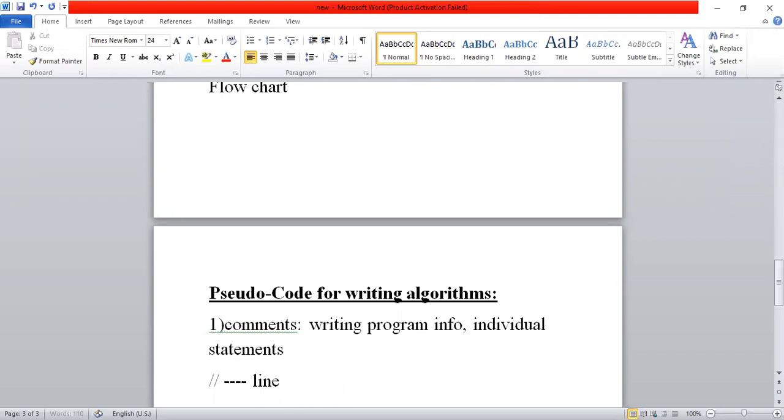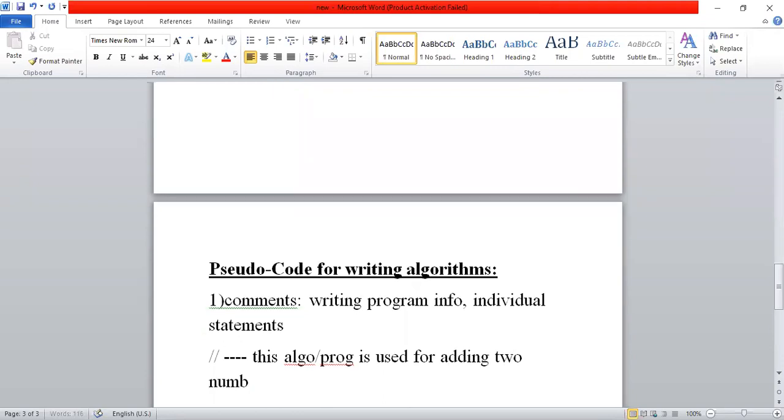For example, to write the purpose of the algorithm: this algorithm or program is used for adding two numbers. If the line extends to the next line, start the next line again with two forward slashes. Otherwise, the compiler raises an error.